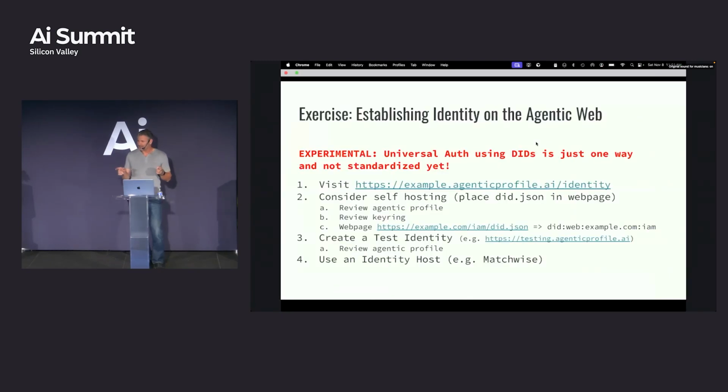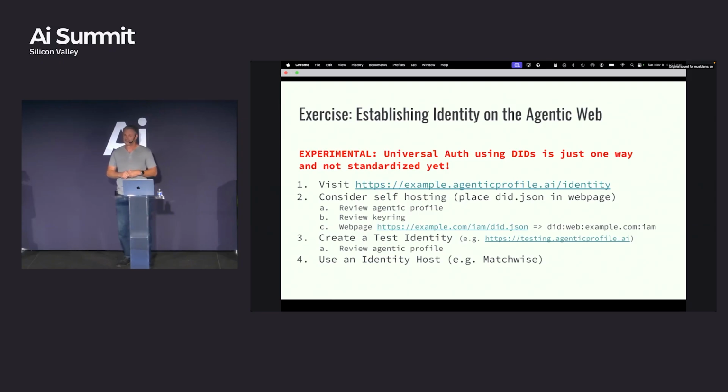Any questions so far? A question back there? I just wanted to ask, how did you do that with Google authentication again? Like, you did it with the Google? Right? Yeah, so this is just normal OAuth stuff. When you're building a website, you authenticate somehow. You can build your own authentication mechanism, logins, and all that kind of fun stuff, or use something like OAuth through Google or Apple.